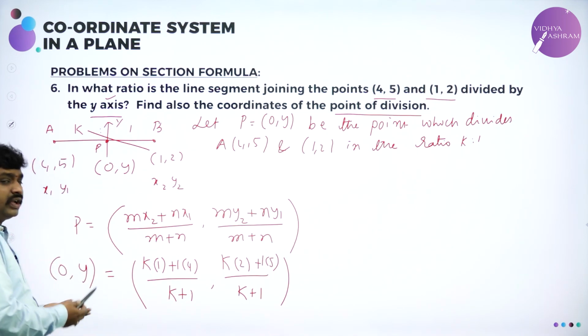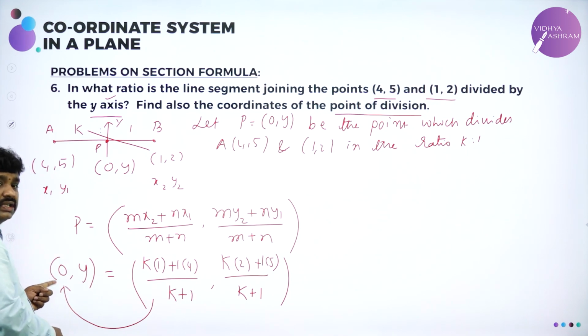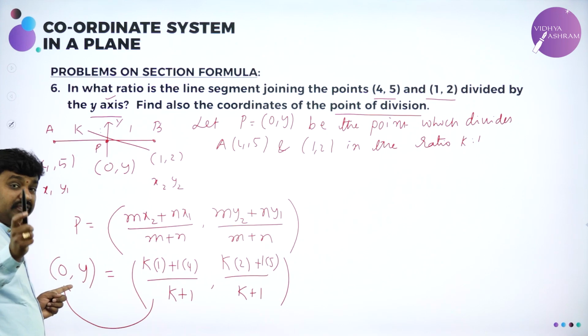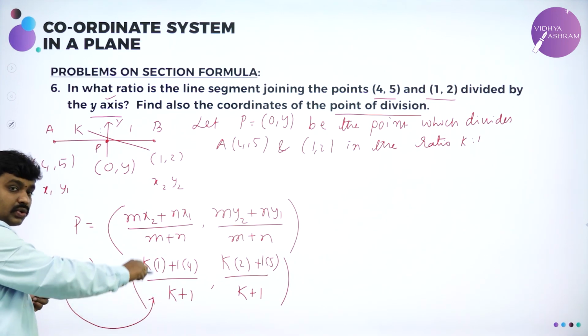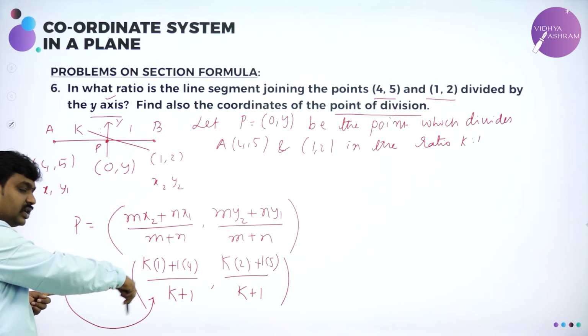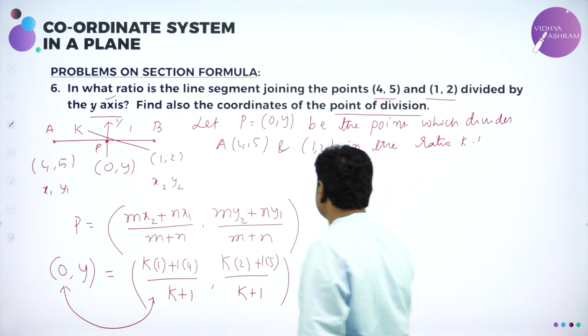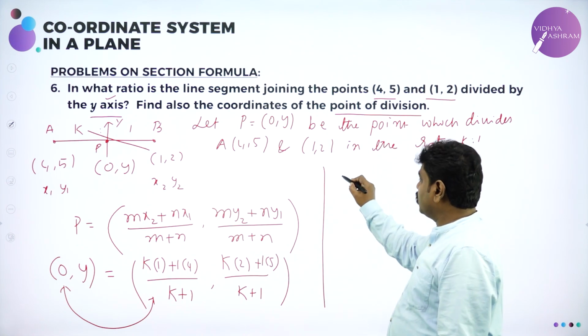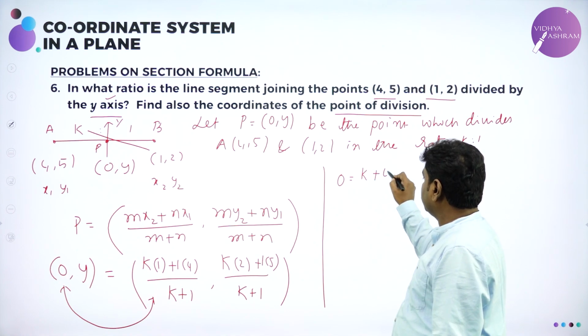Here we have to equate x coordinate with x coordinate because we know the x coordinate. What is the x coordinate? 0. Why? Because the point is divided by the y-axis. If the point of division lies on the y-axis, its x value is 0. So equate the x coordinate of the point of division with the x coordinate we got, and you will get k. So now further proceeding, 0 is equal to k into 1 is k plus 4 into 1 is 4